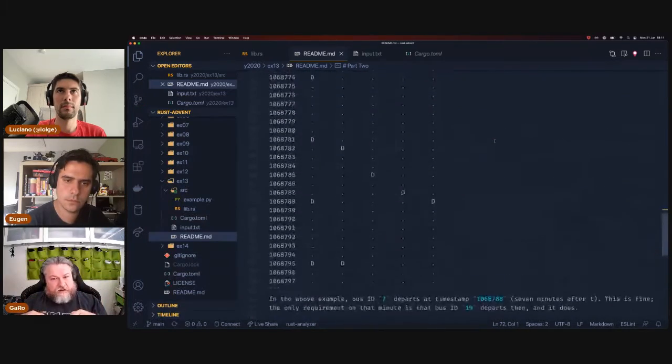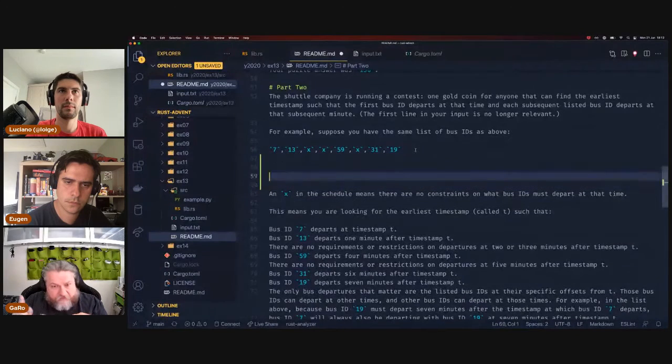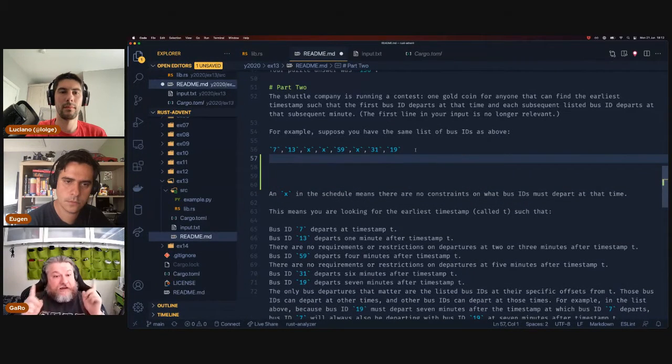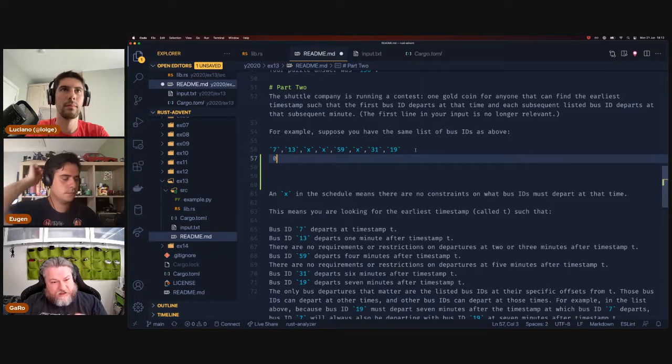Then we have to care about the buses 59 that has offset 0, 1, 2, 3, 4. At that point, the timestamp that we have to find plus 4 must be a multiple of 59. We don't care about the x that has offset 5. Then the timestamp plus 6, that is the offset of 31, must be a multiple of 31. And again, this timestamp plus the last offset that is 7 must be a multiple